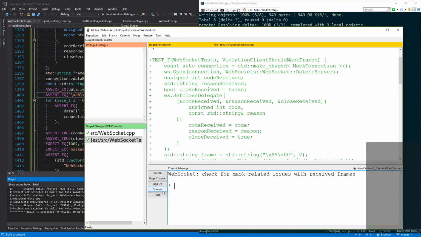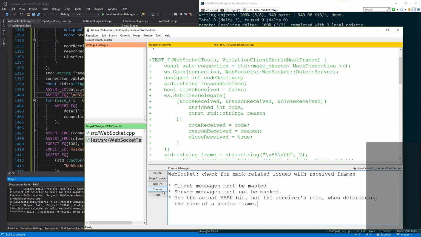One was client messages must be masked. There was server messages must not be masked. And finally, use the actual mask bit, not the receiver's role, when determining the size of a header frame.